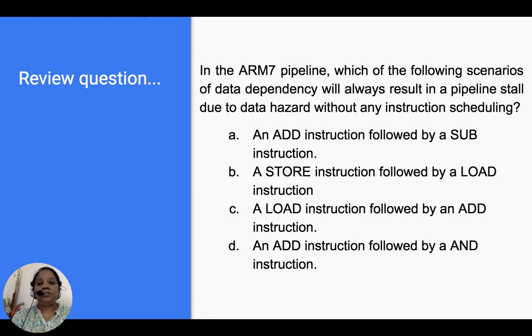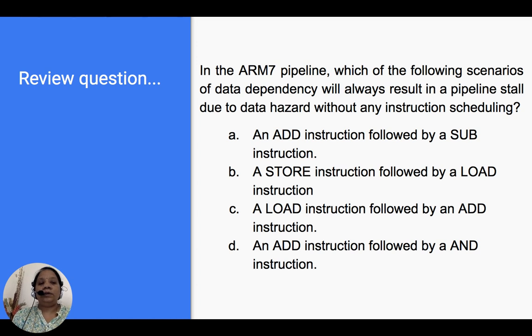Please watch this question and message me the correct answer. In the ARM7 pipeline, which of the following scenarios of data dependency will always result in a pipeline stall? There is no chance that there won't be a stall. Always there will be a stall. And that is due to a data hazard without any instruction scheduling. Actually, there is something called prefetching. Prefetching means,